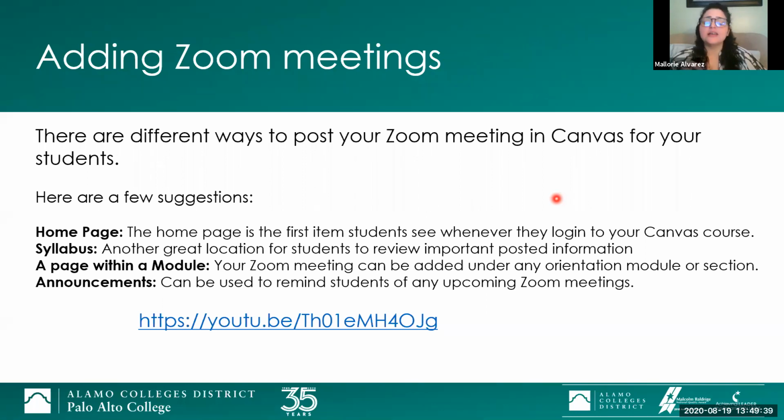recording that I created starts with where you can gain access to share your meeting. I'm not going to play all of it. I'm only going to play the beginning portions, so you can see where on Alamo Zoom you can go and select that share your Zoom meeting option. But again, feel free to play all of it through if you have a Canvas course, because I walk through the different places in Canvas that you can add it. So let me push play.